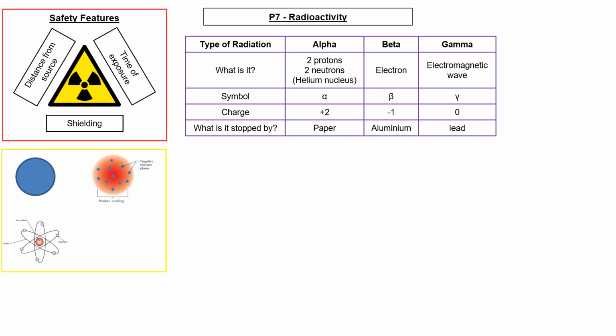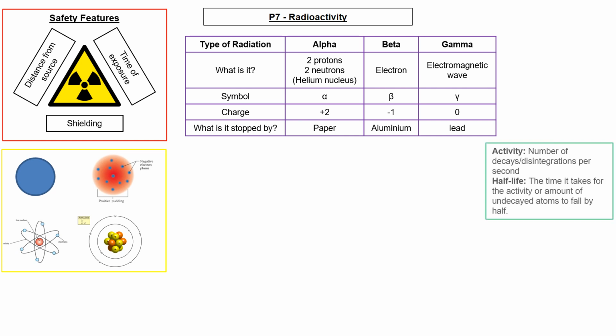That was further then reinforced by Niels Bohr, following on from Rutherford's work, giving us this structure here. This is the Bohr model, B-O-H-R, where we have discovered the neutron at this point, and that the electrons live in shells orbiting the central nucleus. This isn't the final model of the atom. There's much more complicated ones, but actually for the purpose of GCSE, for A-level, and even for degree level, this is quite a useful model. Each one of these models actually is quite useful. It just gives you an idea of the structures at the time.